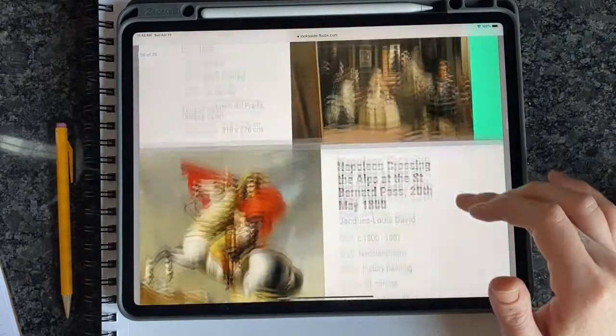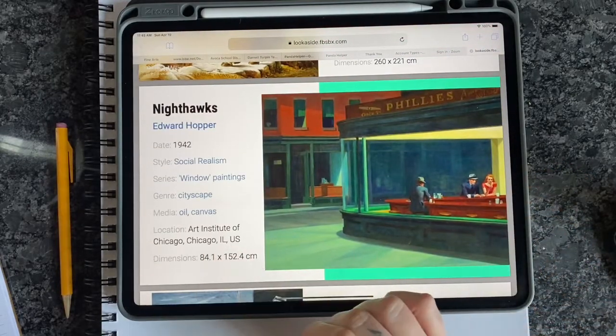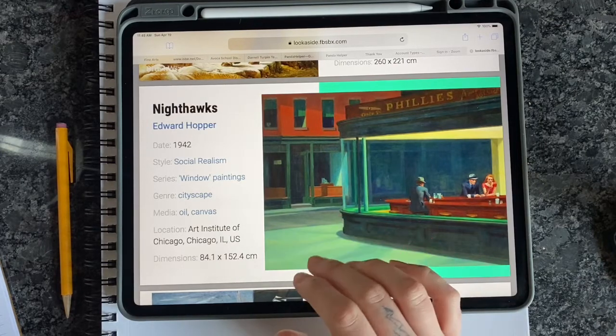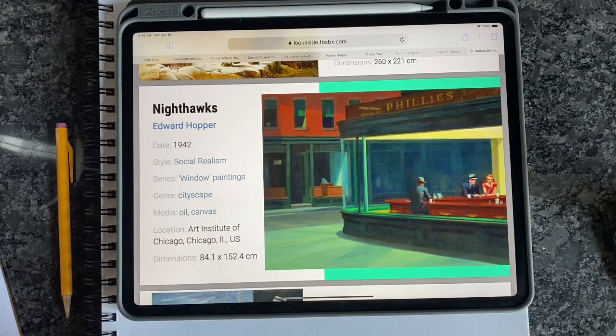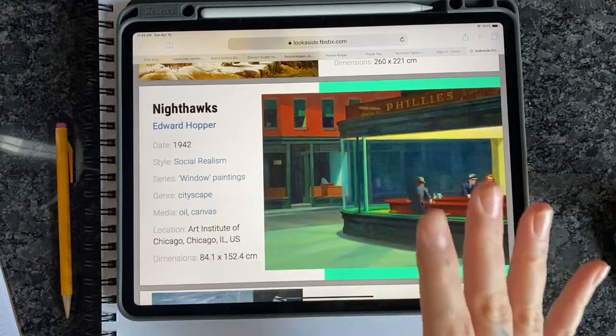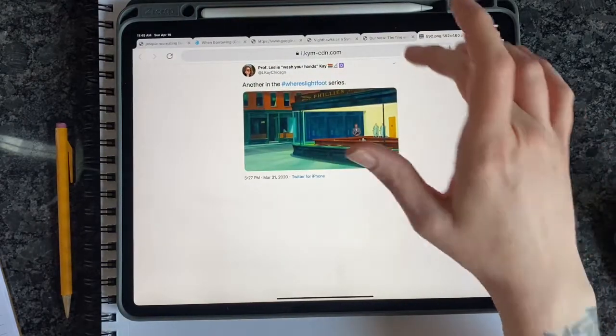There's this artwork that people have just been having a lot of fun appropriating from. It's called Nighthawks by Edward Hopper. I'm sure most of you have seen this painting before. It's cut off a little bit in this image, but I'll show you the full painting. People have been appropriating from this. We're going to take a look at a few of those examples so you can see what they've been doing.